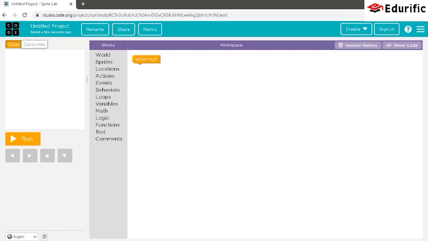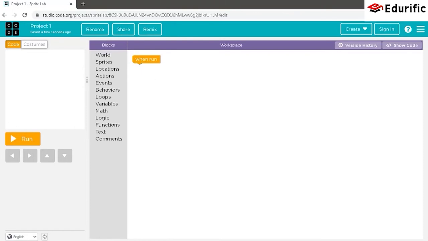Before that, on the top left hand corner you can spot Untitled Project. This is where our project name should be fed. To change the project name, we shall click on the rename button, enter a title for the project and then save it. For example, now I have saved it as Project 1.